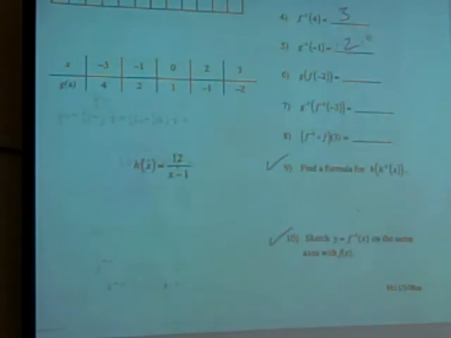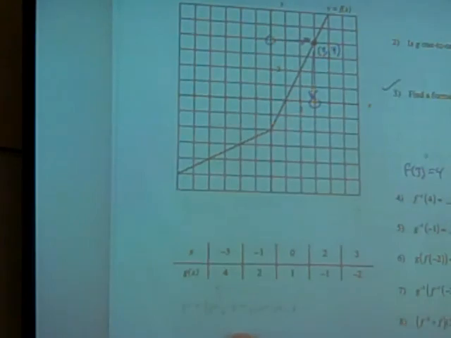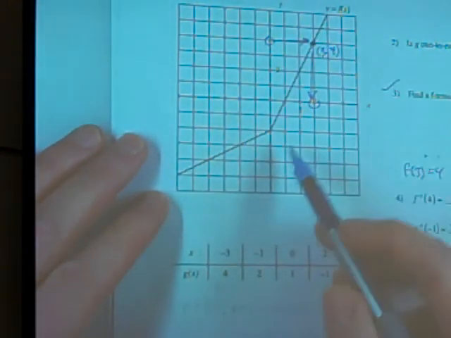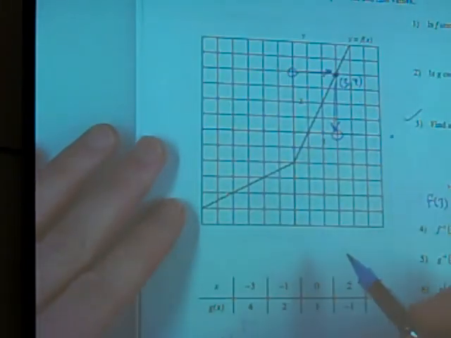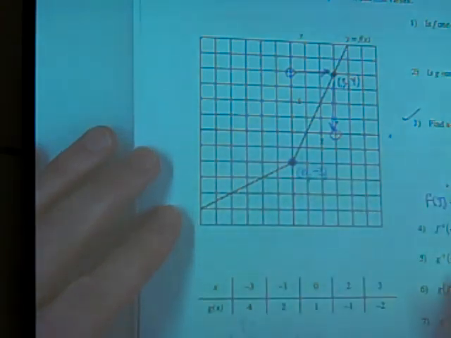Okay, so let me go to this graph that has f of x drawn on here. Sorry, I've got the graph a little bit messed up with some other stuff, but maybe we can deal with that. I'll use a little different colored pen here. And let me look at what happens when I try to sketch f inverse on this graph. Let me look at a point on the graph of f. I'm just picking an arbitrary point. There's a point here at 0, -2. And because inverses flip-flop